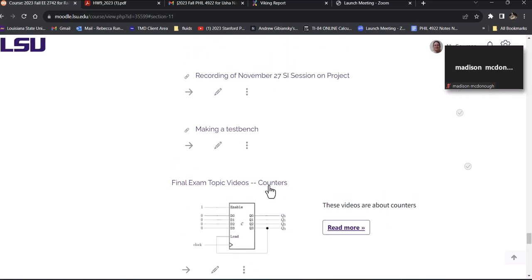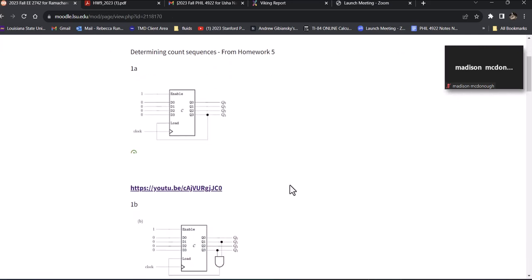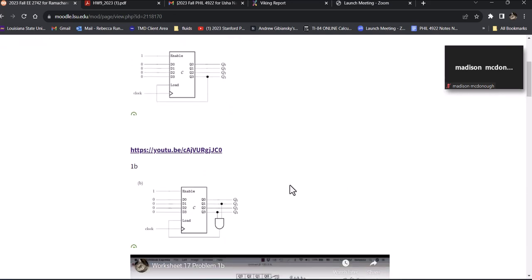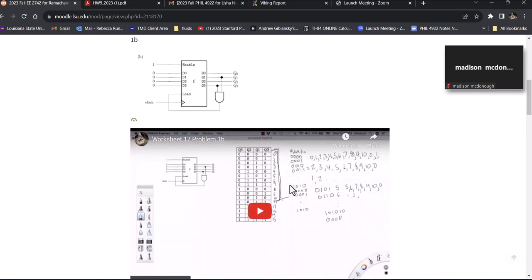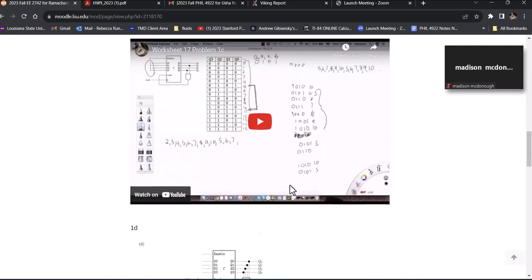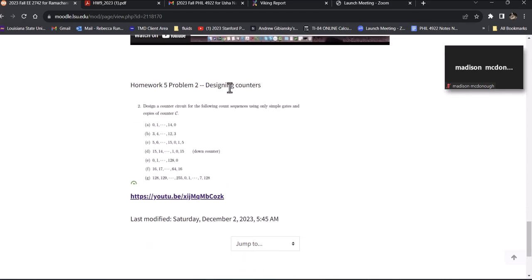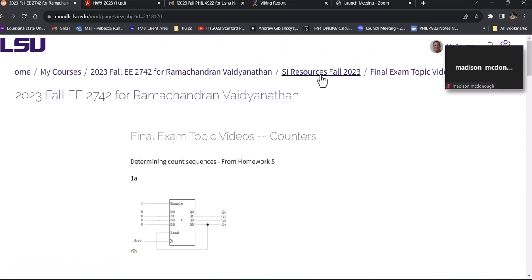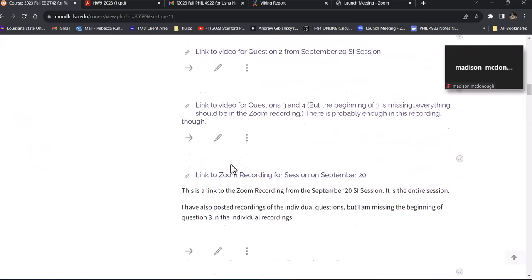I've got this first one about counters, and then the counter, so determining count sequences. So I've got what the counter is, and then the link to the YouTube video with me going over it. I've got all these different counter problems, and then the designing counters, that one's a long one. So I've got those, and then if you go further below that,